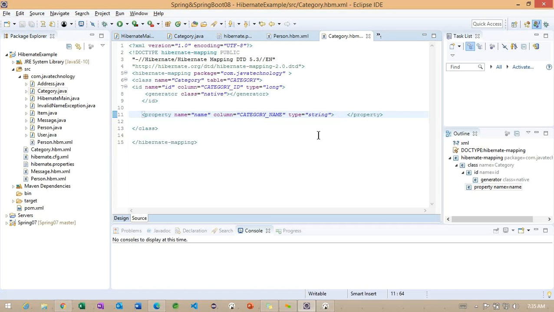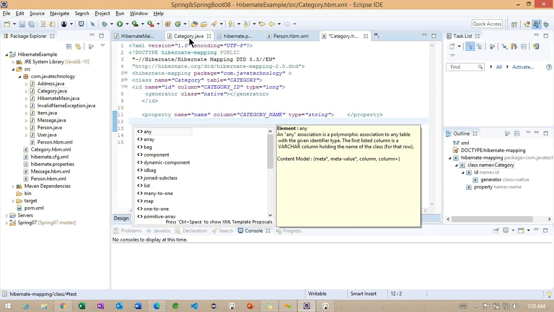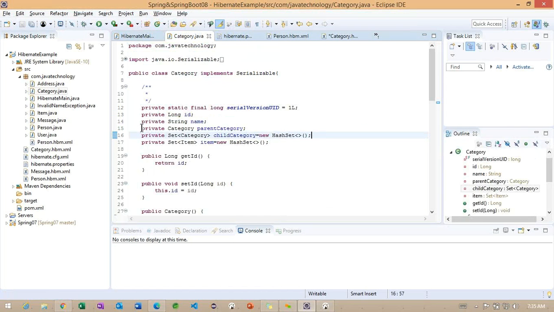Okay, what am I doing here? First we'll check with the different object here, because in the particular category class we are going to have different information here.